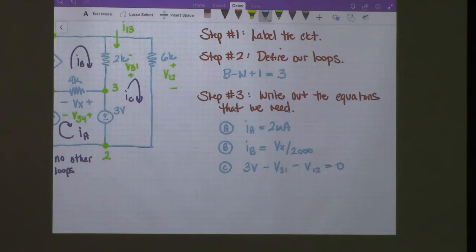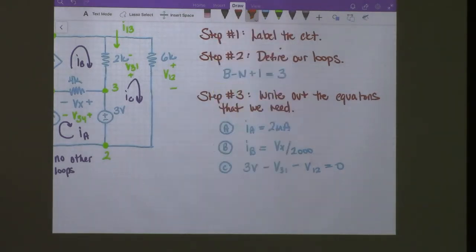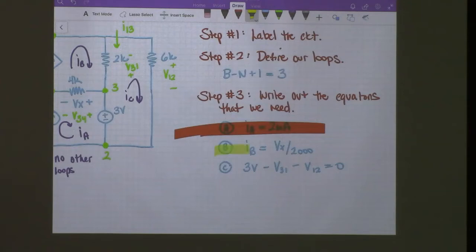Okay, so right off the bat, we can see that that's going to go away. Well, it's not necessarily going to go away. We're still going to use the value for IA, but we're not going to need to solve for it. So now we're going to have 2 unknowns we're going to be solving for. And that's going to be related to this equation here and this equation down here. So those are the 2 that we're going to have to work with. All right, so next,